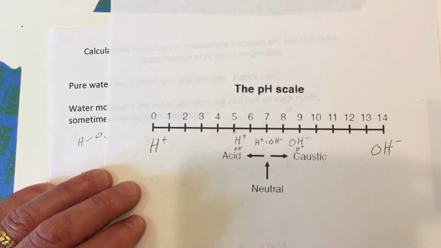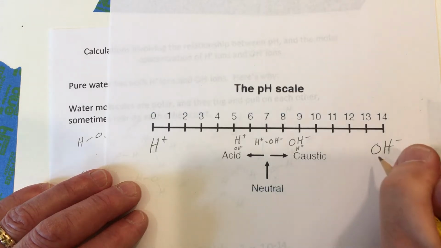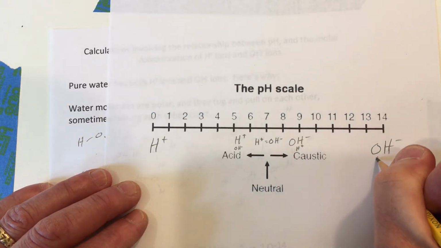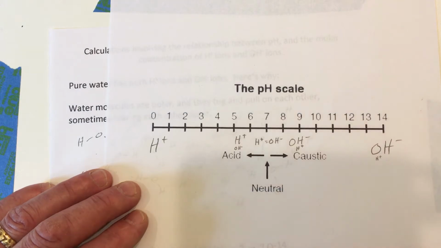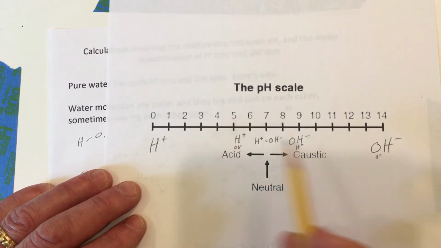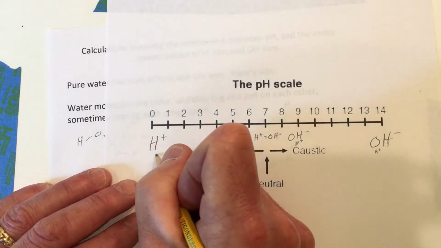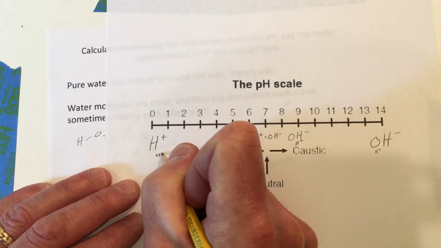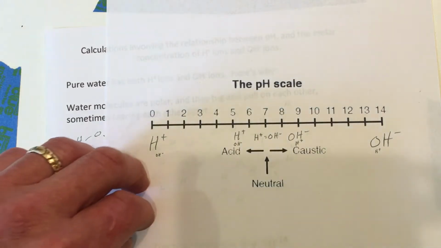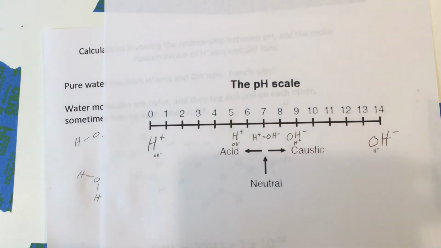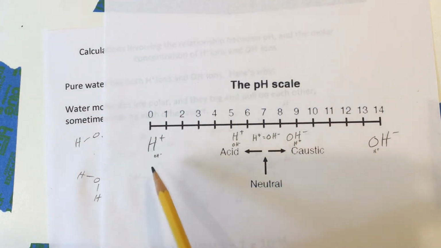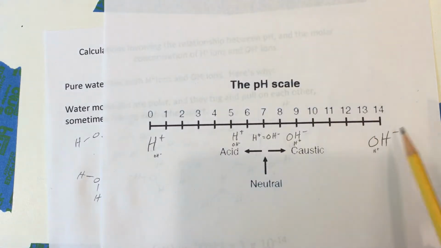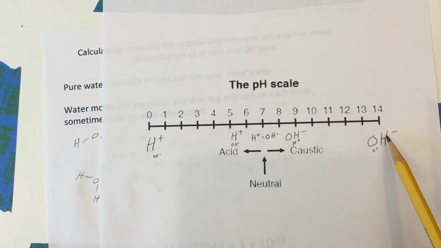And in a really basic solution, you still have some H plus, but it's so small, it's negligible. And likewise, in an acidic solution, you still have a little bit of OH minus, but it's so small, we can say it's negligible. We don't even worry about it. Okay, so really, you have high H plus, low OH minus, and over here you have high OH minus and